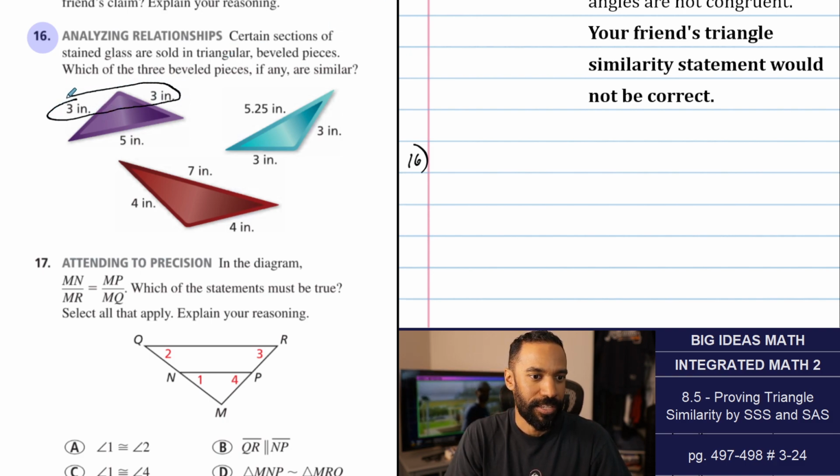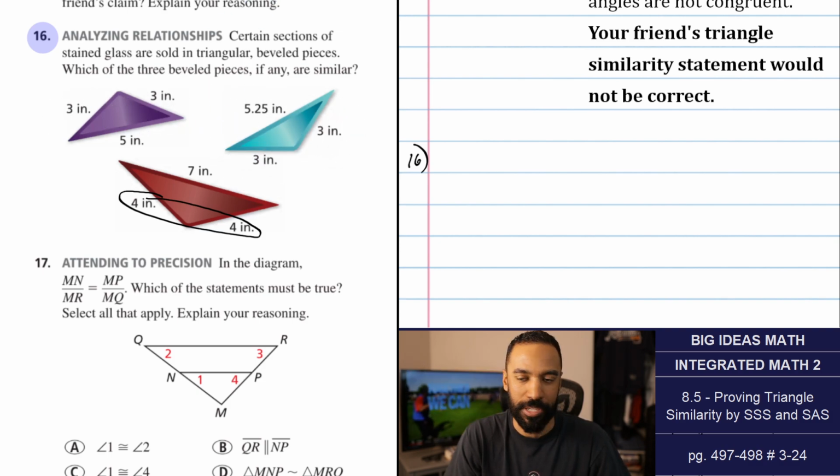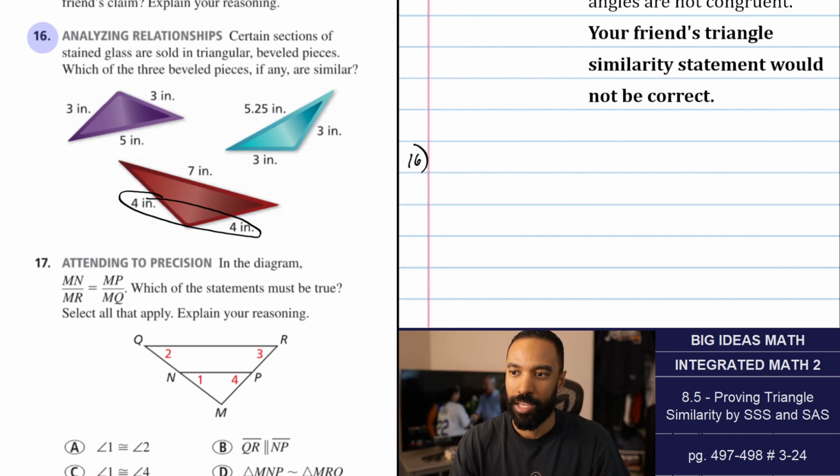These are both 3's, so it's an isosceles triangle. These are both 4's, it's an isosceles triangle. These are both 3's, it's an isosceles triangle. So for ones that correspond, you don't have to do all 3 sets of things. I'm just going to compare others. However, if these are both 3's and these are both 3's, and these are different values, then these ones will definitely not be similar. I'm just going to first say the purple triangle,